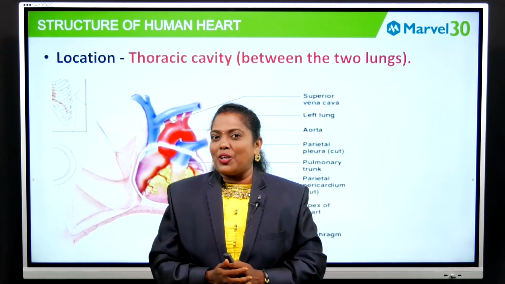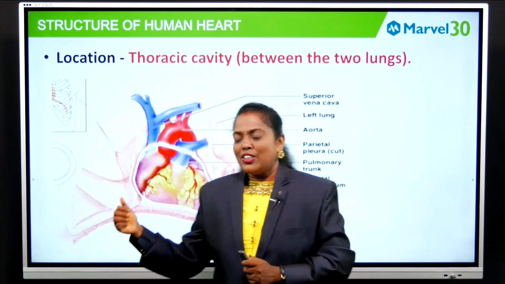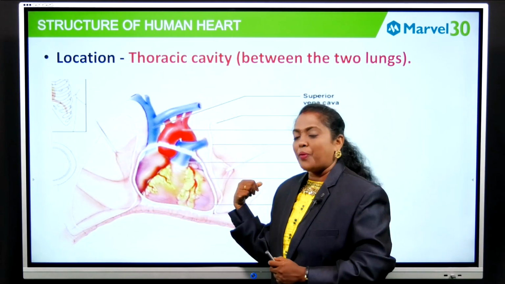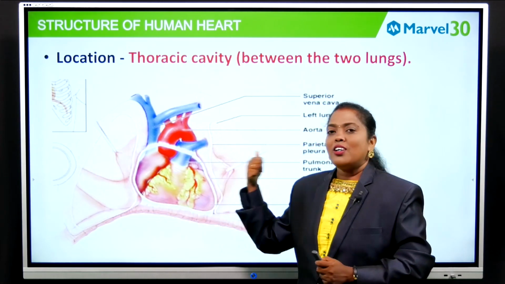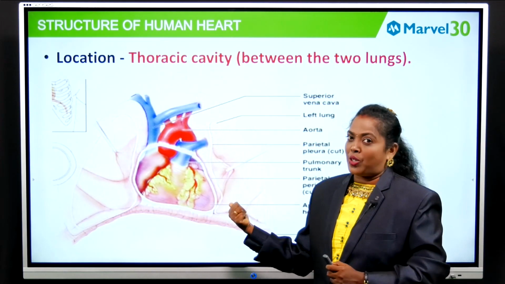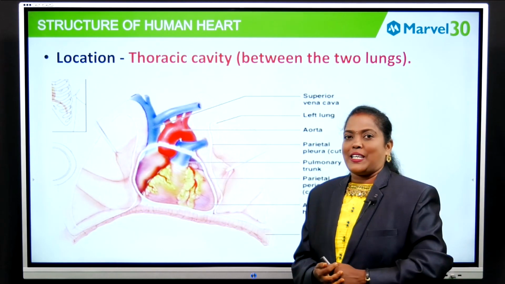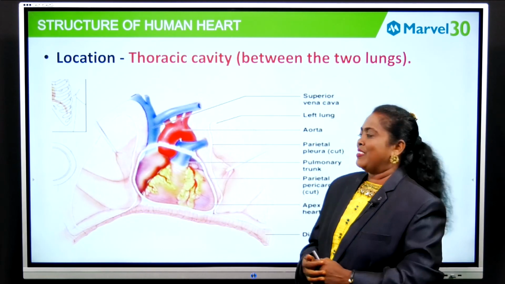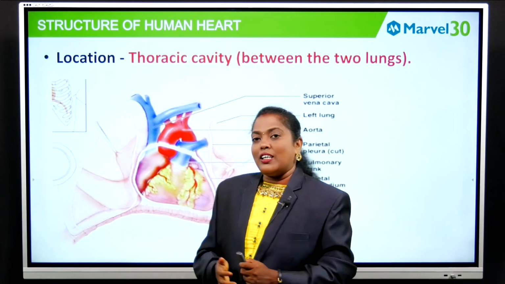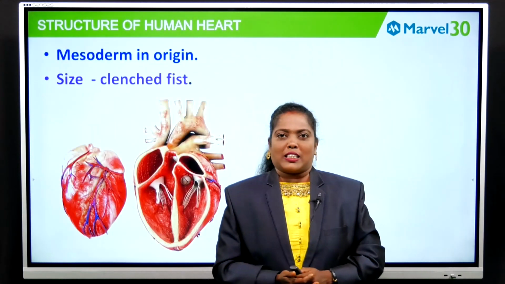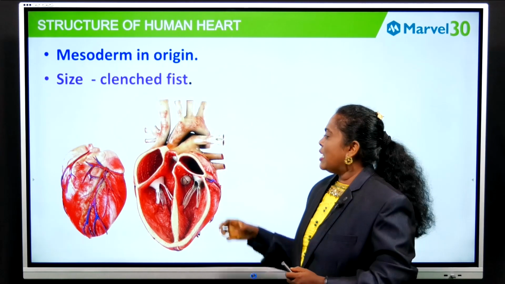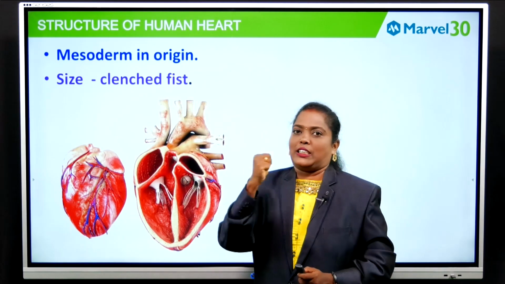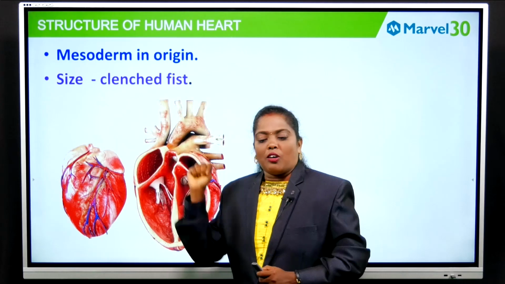And I have asked you about the location, isn't it? So you can see here in this picture, the heart has been placed in between the two lungs in the region known as the mediastinum. Okay? So that is about the location of the heart. And I have told you the size, isn't it? It is clenched fist size. And the origin is